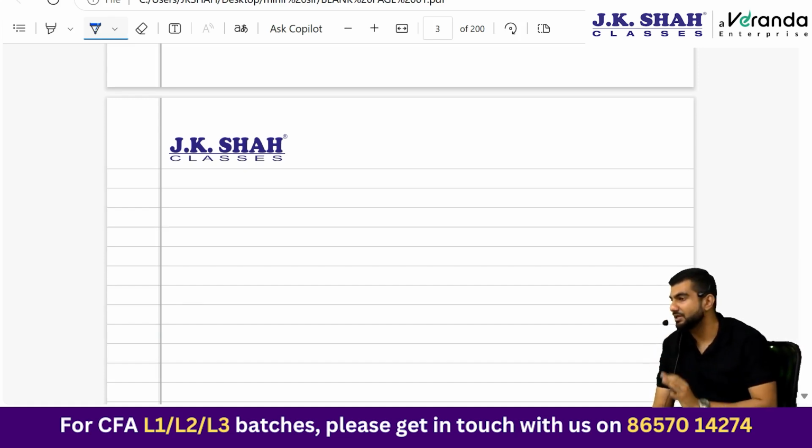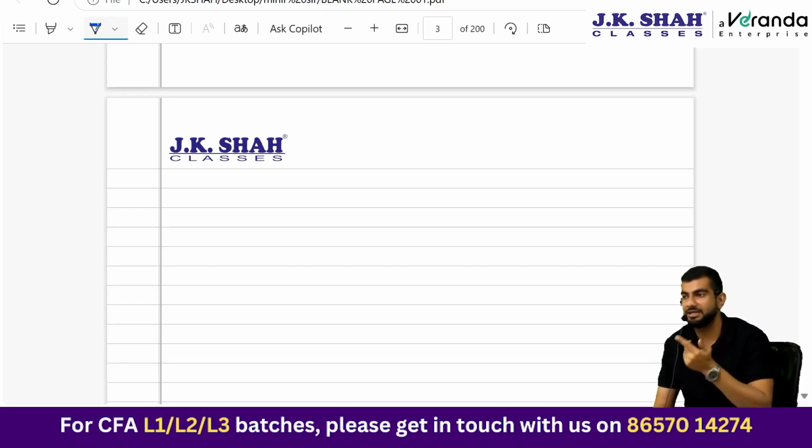Now, which cash flow — operating, investing, financing — can be prepared using two different methods? Operating cash flow. Which are those two methods? Direct and indirect method. Indirect method, what is the starting point? Net income. In net income, you add back all the non-cash charges, and any gain on sale of asset you